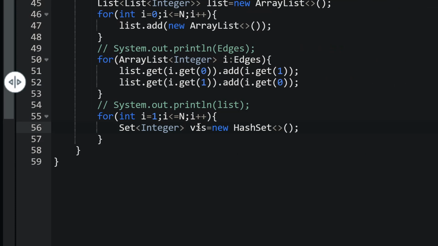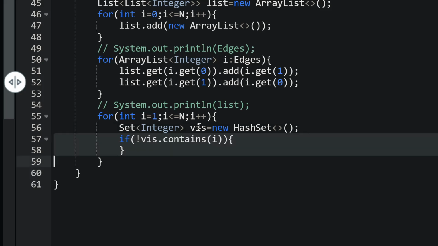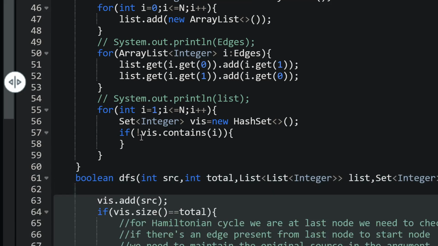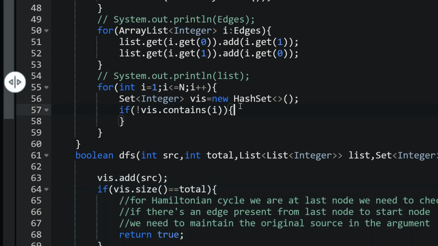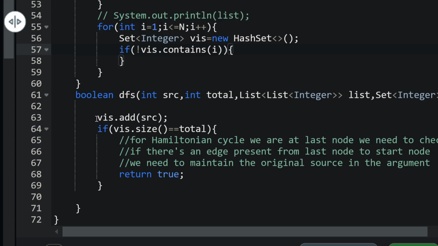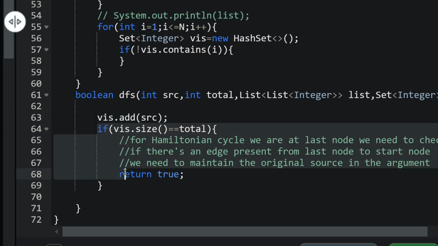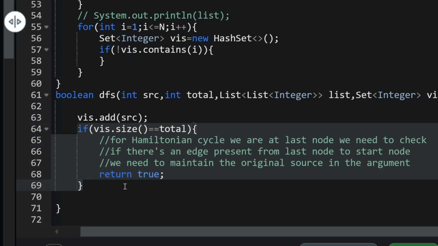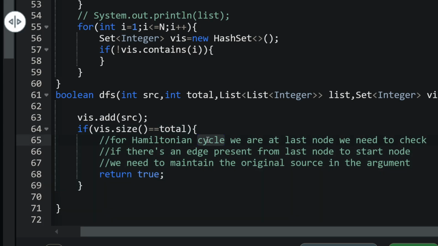We have a visited set, and will check if any particular node in our DFS function is visited or not. So if this is not visited, you can directly call the DFS function. In the DFS function, first I am adding the particular vertex, and if I have visited all the vertices, this is my base case, then we just need to return true. For Hamiltonian path, how we can modify,